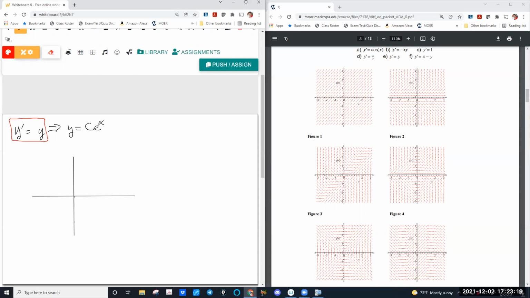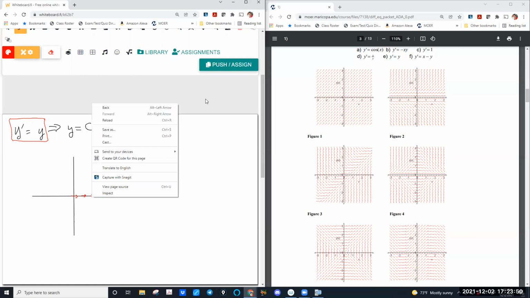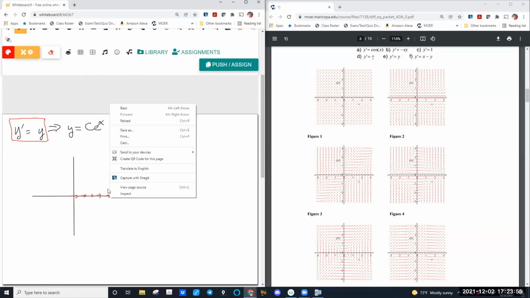For example, if we're at the origin, right here, we know y is 0 at the origin, which means our derivative is 0, which would be a horizontal line. So we would represent that with a little horizontal line like that. Okay? Well, this is going to happen anytime y is 0, because this differential equation only depends on y. So what we end up with is a bunch of lines with a slope of 0